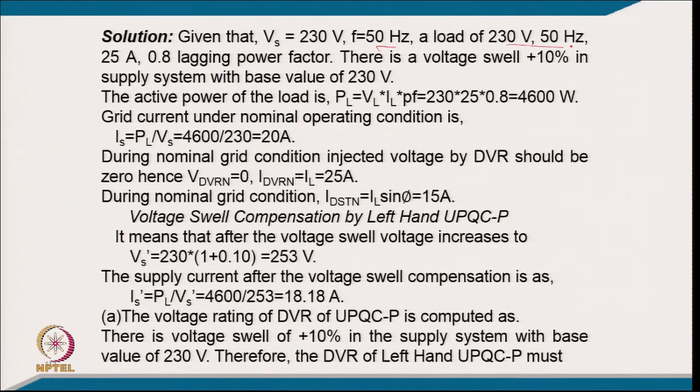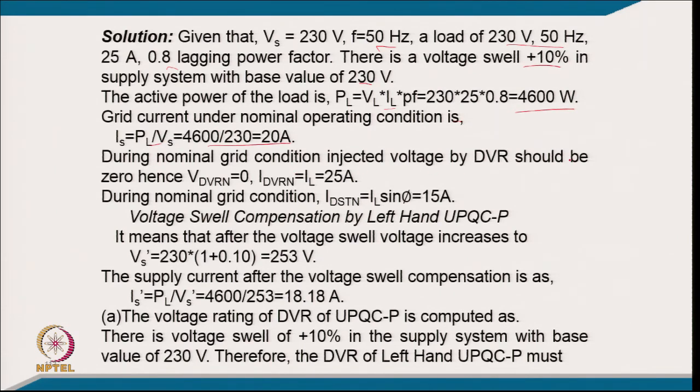a load voltage of 230 volt, 50 hertz, 25 ampere, 0.8 lagging power factor, there is a voltage swell of 10% in the supply system with the base value of 230 volt. The active power of the load is VL IL power factor, so it comes to 4600 watt. And the grid current in the normal operating condition is PL upon Vs, so it is typically 20 ampere,